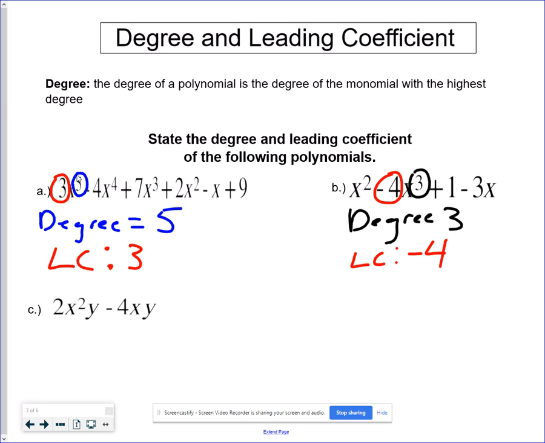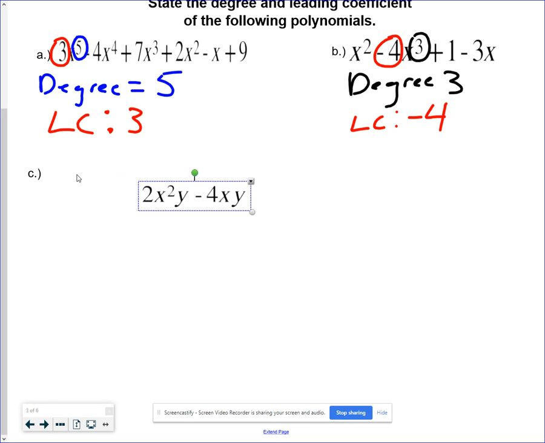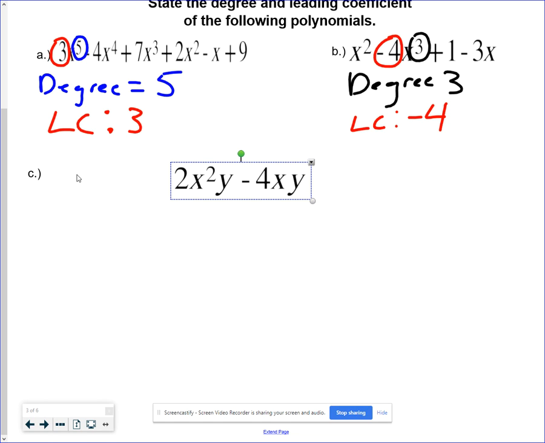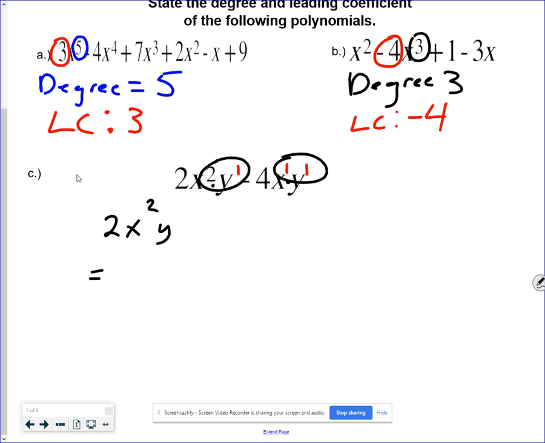So if we look at this last example down here, let me bring it over here real quick. So we have 2x squared y minus 4xy. So we know that these all have exponents of 1, the ones that weren't explicitly stated. So in this instance, to find the degree of the given expression, since these are being multiplied by each other, the degree will be the sum of their exponents. So if we look at this first term, 2x squared y, we have a 2 on the x and a 1 on the y, so the degree of this term is 3,